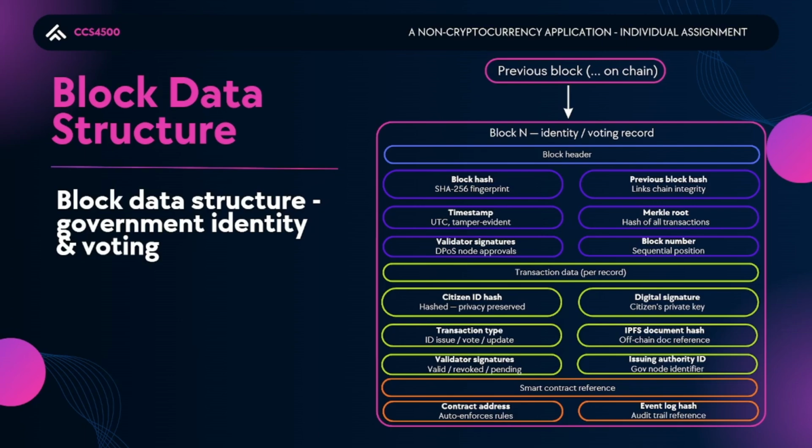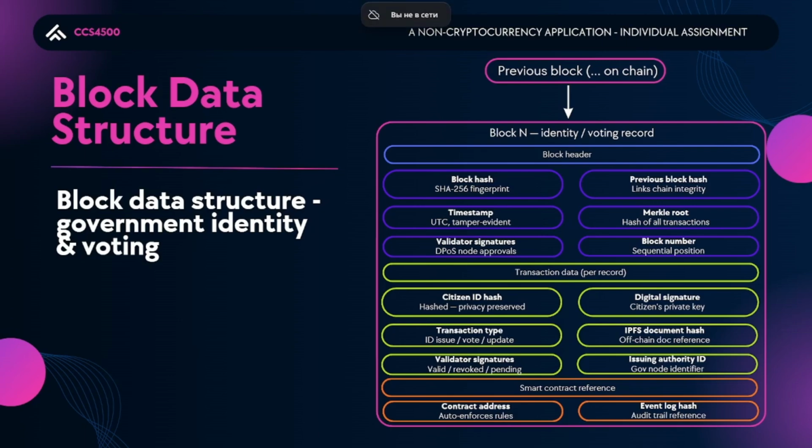Then the second, the transaction data layer. This is specific to our use case as we store the citizen's ID as a hash, not as raw data, which protects privacy while still allowing verification. And there is a digital signature from the citizen's private key, proving the transaction is authentic. The transaction type field records what happened, whether it is an ID being issued, a vote being cast, or a record being updated. And also we store a reference to an IPFS hash for any supporting documents too large to store on chain. A status flag indicating whether a record is valid or revoked, and the identifier of the issuing